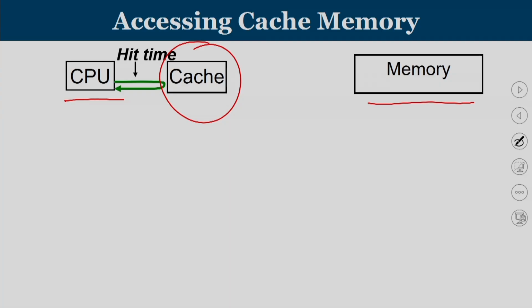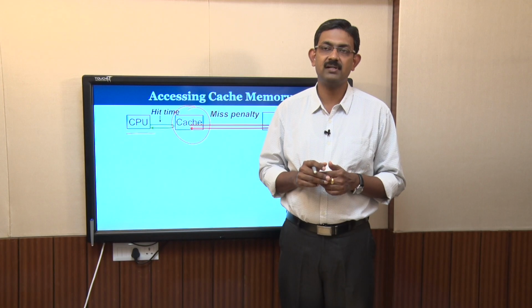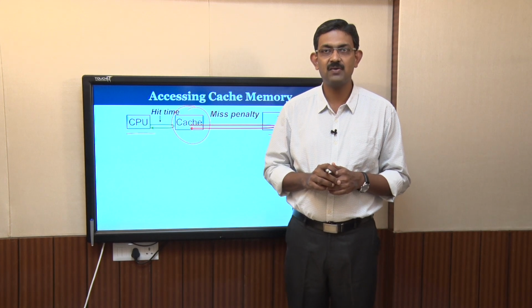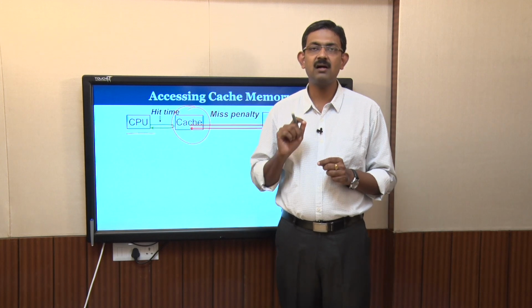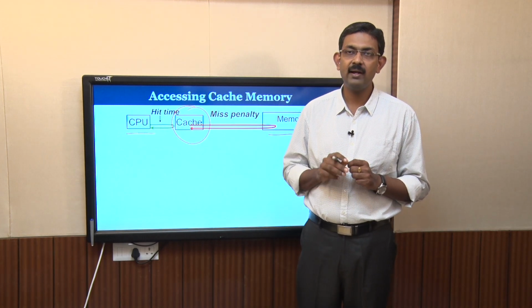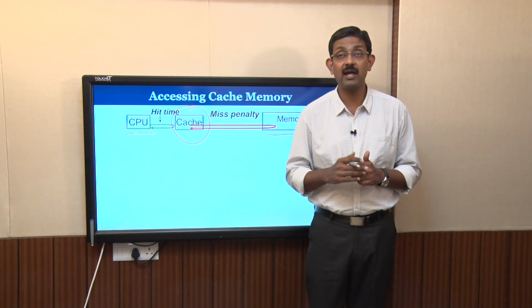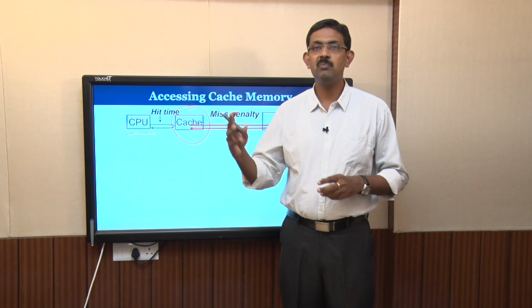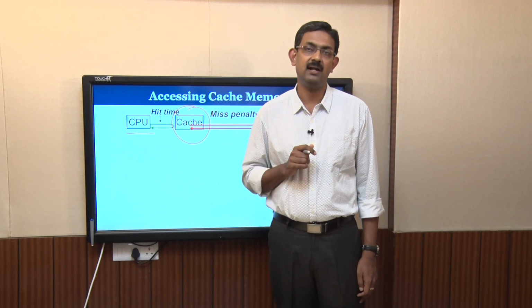We call the time required to perform an access on a cache and return the accessed word hit time. There can be certain cases where the requested address may not be present in the cache memory. We call such kind of scenarios cache memory misses, and the extra amount of time required to go to the next level of memory, in this case the main memory, bring a block of data and put it in the cache memory, that is known as miss penalty.